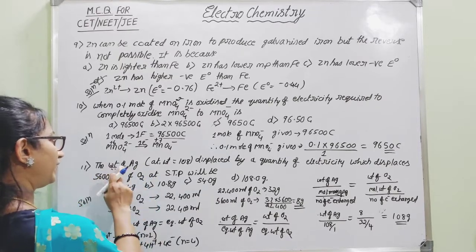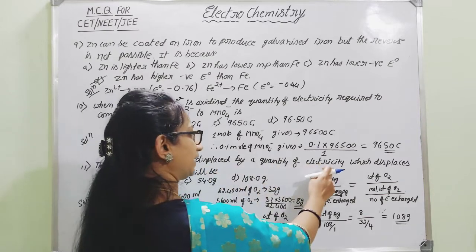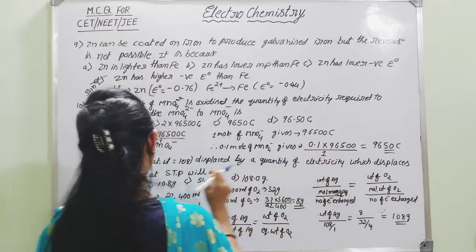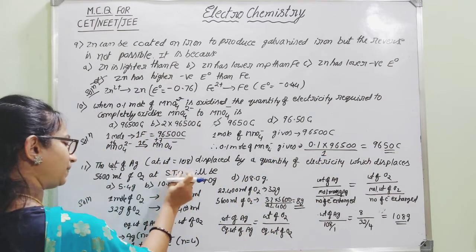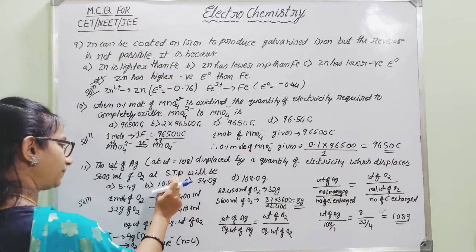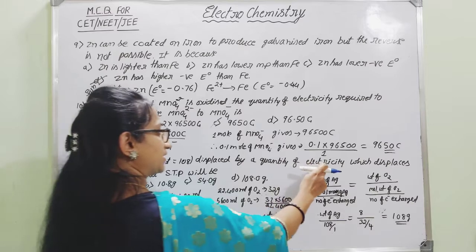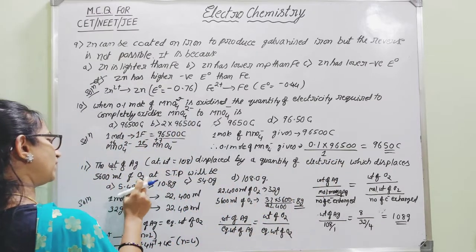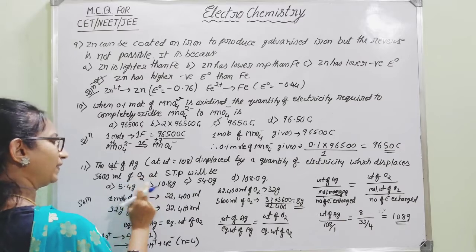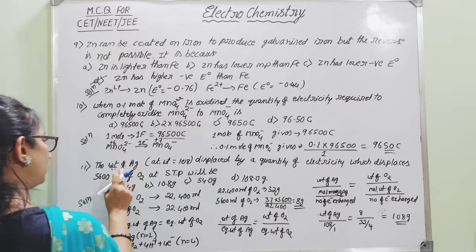Here we can say the weight of silver displaced by the quantity of electricity which displaces 5600 ml of oxygen, that is, at STP, standard temperature and pressure conditions, the same quantity of electricity which liberates 5600 ml of oxygen will be equal to that weight